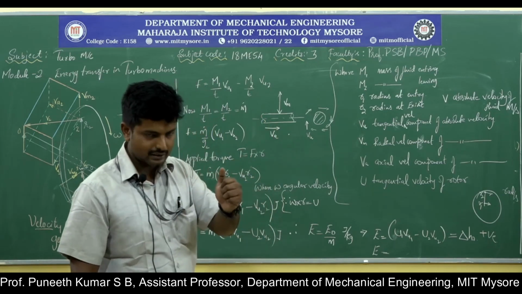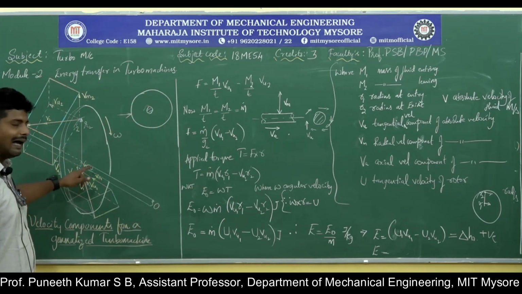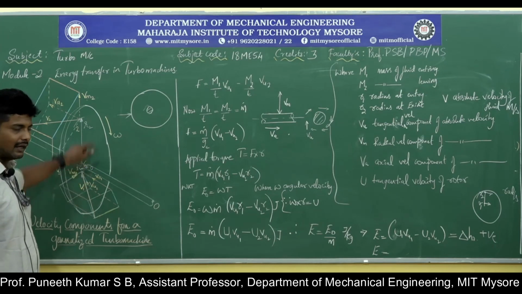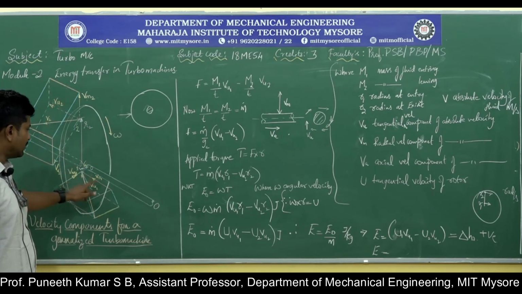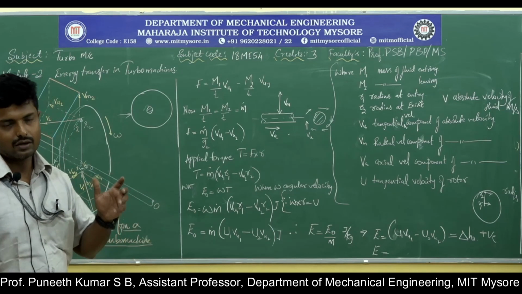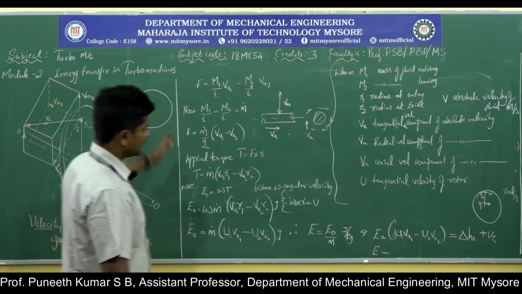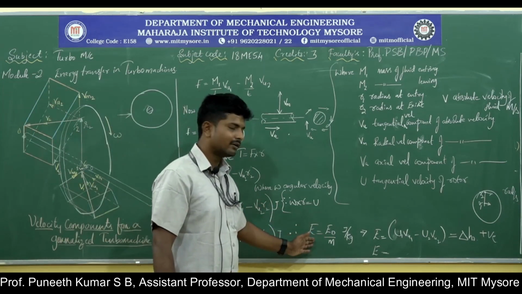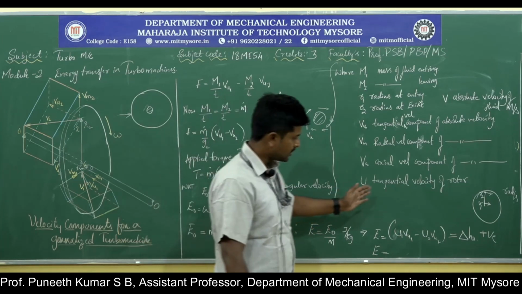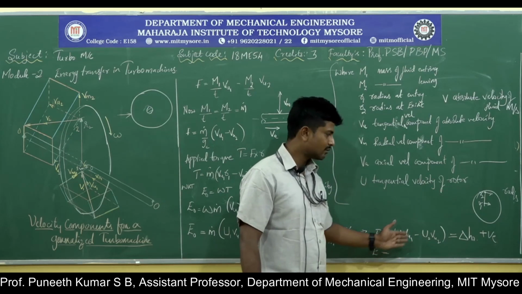The key essence of today's lecture is that we need to be very familiar with the notations and their meaning at the entry and also at the exit, and among these three resolved components, VU1 is the most important velocity component, which is the reason for the running of the turbo machine. Then we need to know the energy transfer equation between the fluid and the machine; for a power producing machine it comes out to be a positive numerical value, and for a power absorbing machine, a negative numerical value.